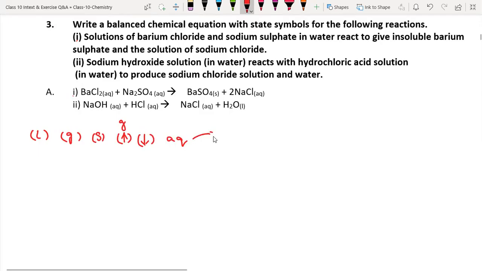aqueous. What is meant by aqueous? If you take water H2O and if you mix whatever you want, you can mix either acid, you can mix either base, salt, or something. If you add acid, it will become acidic solution. Base, if you add, it will become basic solution. Salt, if you add, it will become salt solution. Like that, those special type of solutions are known as aqueous.